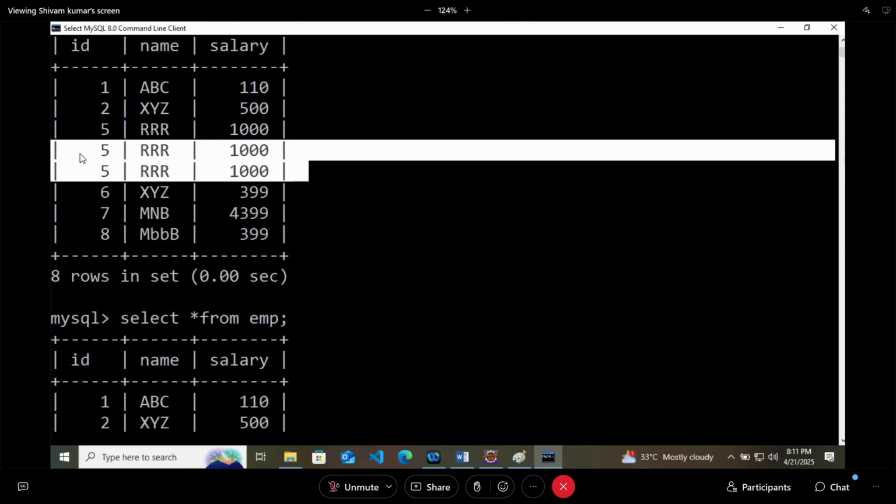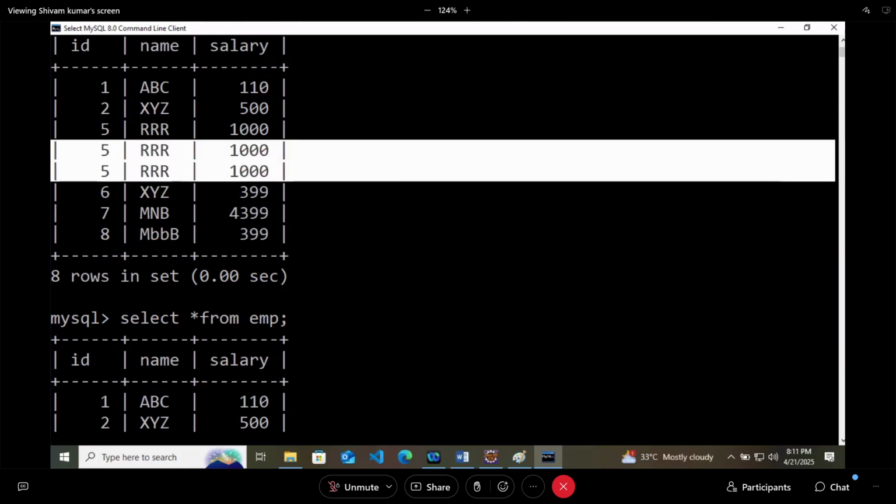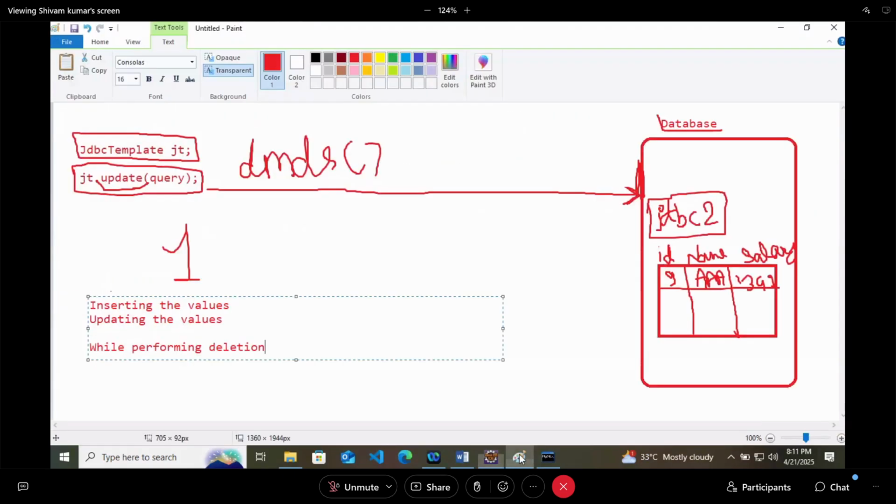So destruction works in an opposite way. So this is a very simple operation where we have seen that we can insert the values, update the values, and delete the values as well using the update method.